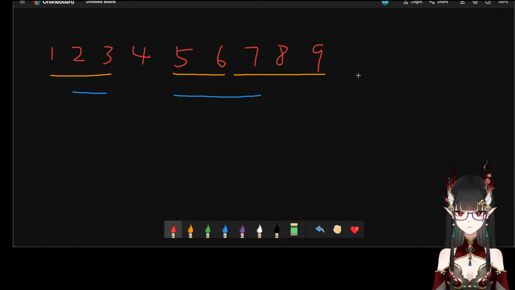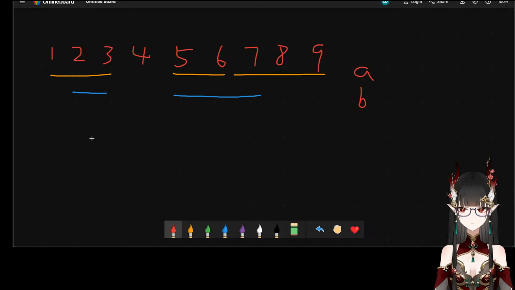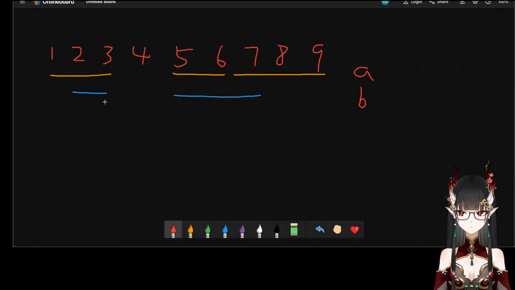So we can have an index A and an index B. Index A tracks this part, and for each index A, we're going to look for a B